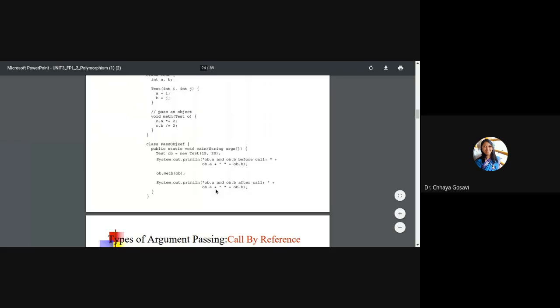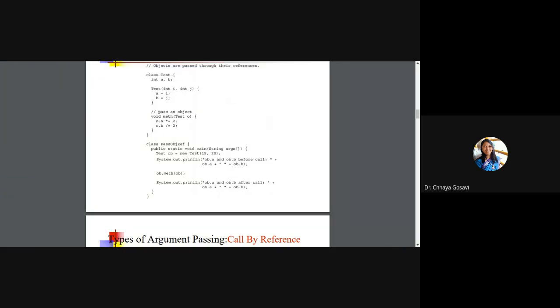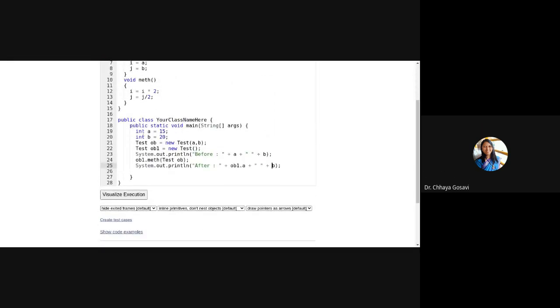So before and after. In this example, what we'll do is, no need to take these variables. Just pass values 15 and 20 while creating the object. No need to call this object. This is our object OB with values 15 and 20. And before the call, what is the value of i and j from OB? Now note that i and j are defined for this object OB.